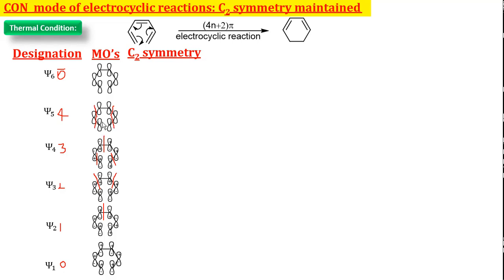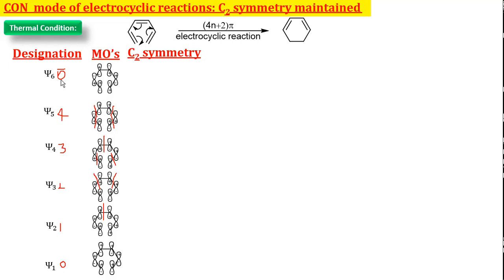And here plus, node is present, therefore we get minus. Node is present, therefore we get plus. Here no node, therefore we get a plus at this position. Node is present, therefore we get minus. Node is present, we get a plus. And right, it is not necessary to do this for psi 6 because plus and minus will come alternatively.